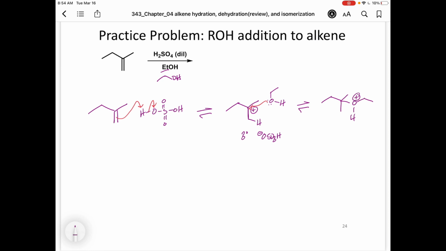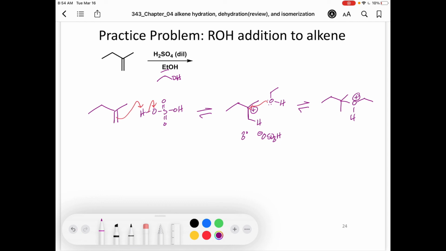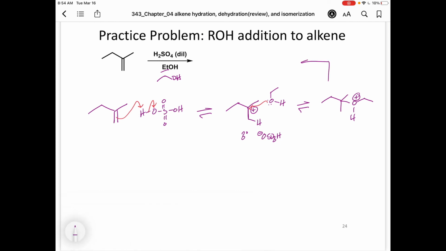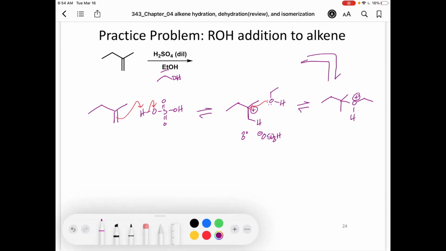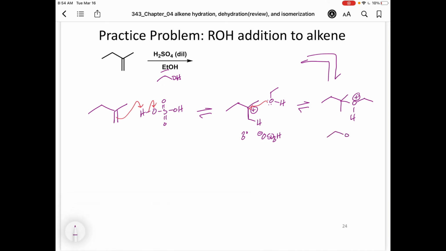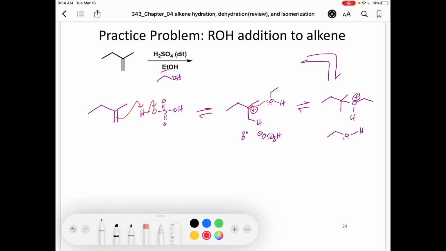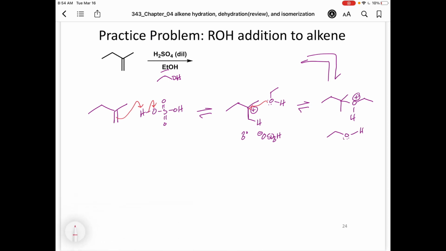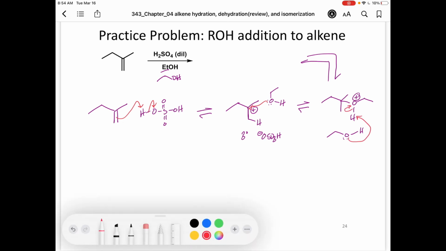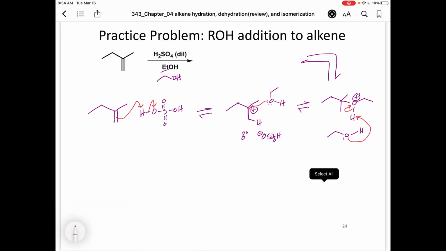And so now what we can do is remove that extra proton. So we're just going to take another equivalent of ethanol, and we're going to deprotonate it. All right, and so our product here